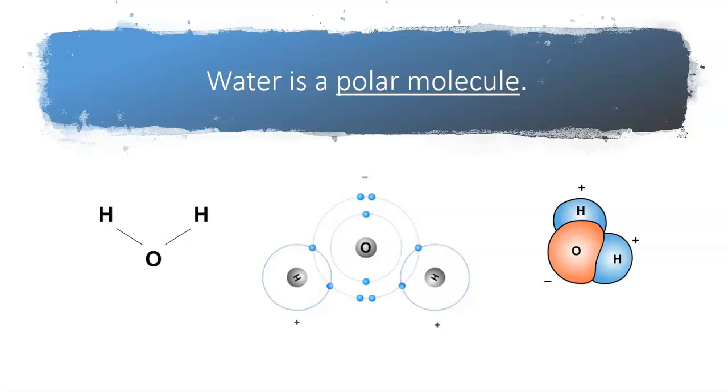And if all of the electrons are pulled away from the hydrogens, right, all of these little blue dots, all of these negatively charged electrons are going to hang out closer to the oxygen. So that makes the oxygen side of the molecule more negatively charged, and it makes the hydrogen side of the molecule more positively charged. So if you were to draw a line right down the middle here, this side of the molecule would be more positively charged, and this side would be more negatively charged. And then you can see this model of water right here. This is called a space filling model, and it's showing that the hydrogen side of the molecule is more positively charged, and the oxygen side of the molecule is more negatively charged.